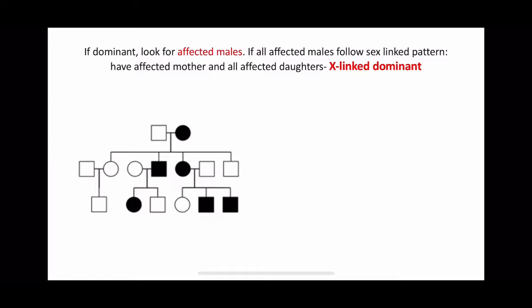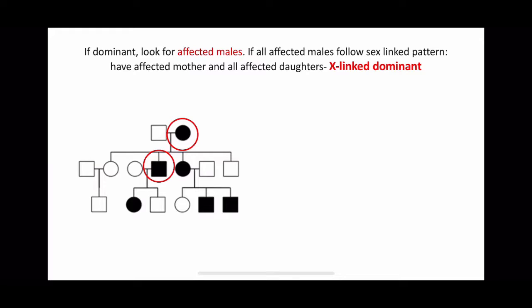So this, you see, there is no such recessive criteria of unaffected parents giving rise to affected offspring. So this is dominant, and in dominant you look for affected male, and then you trace it back, the mother of the affected male and the daughters, all the daughters affected and the mother affected, then it's X-linked dominant,